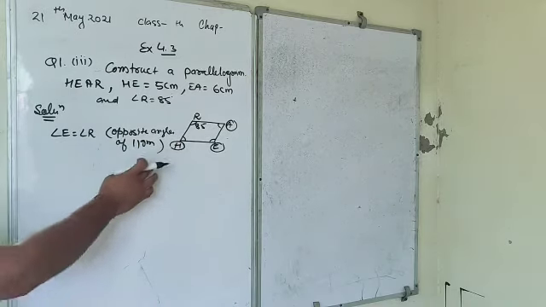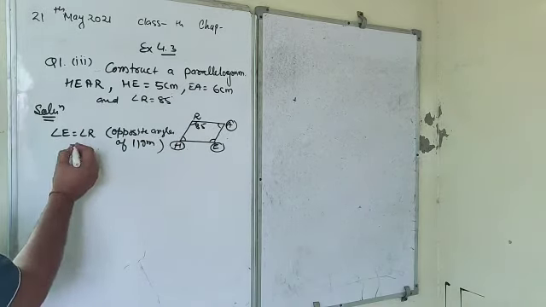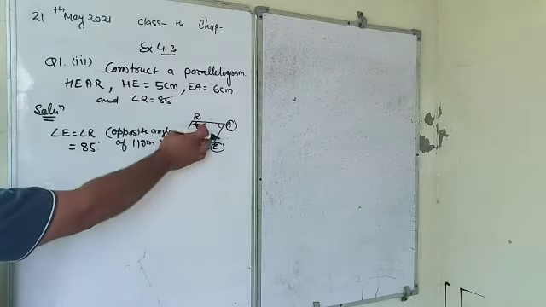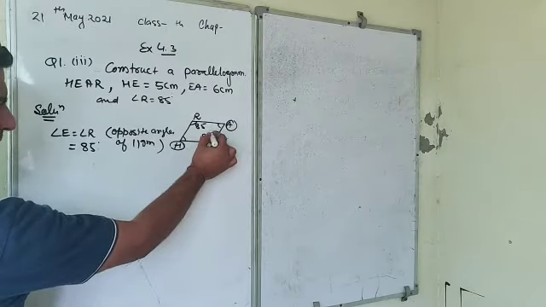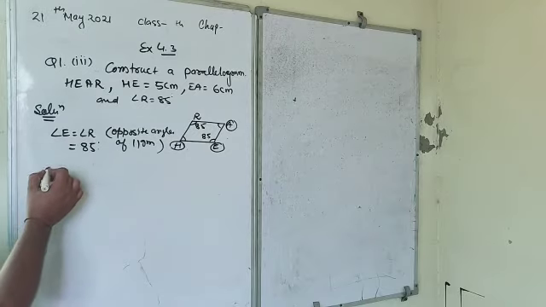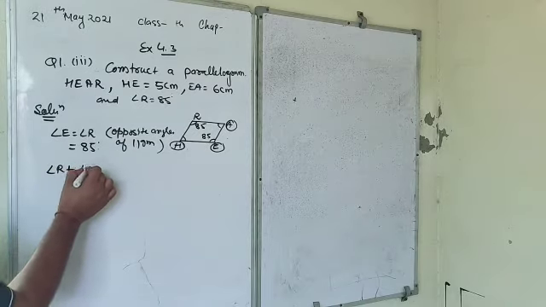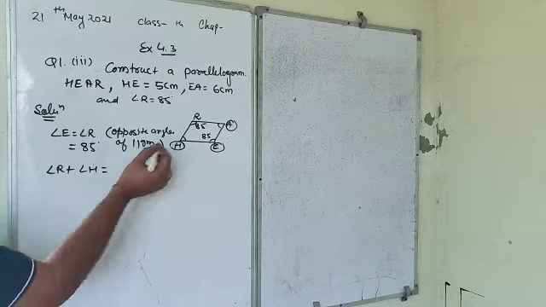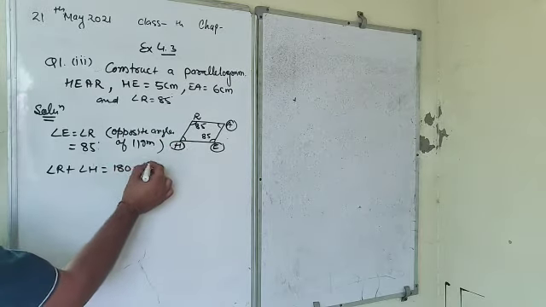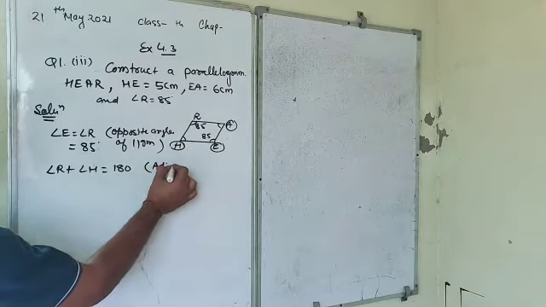Clear? So opposite angles of parallelogram. So angle E is equal to angle R is equal to 85 degree. So this angle will also be 85 degree. Now angle R plus angle H, the sum of these two angles is equal to 180 degree. Why? The adjacent angles